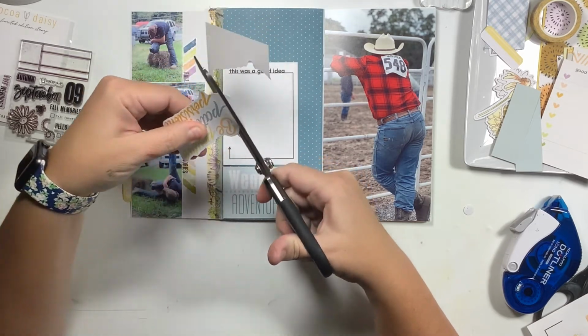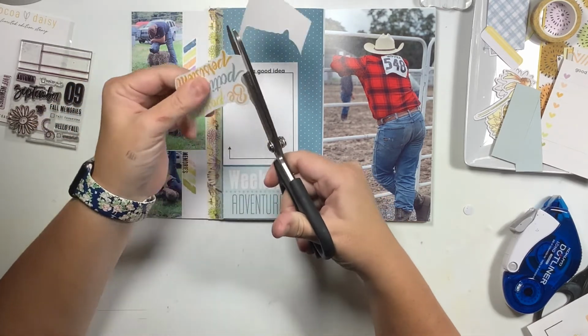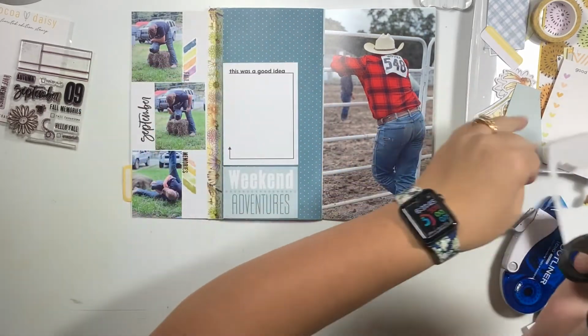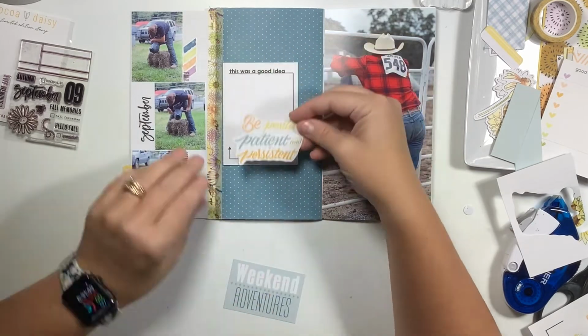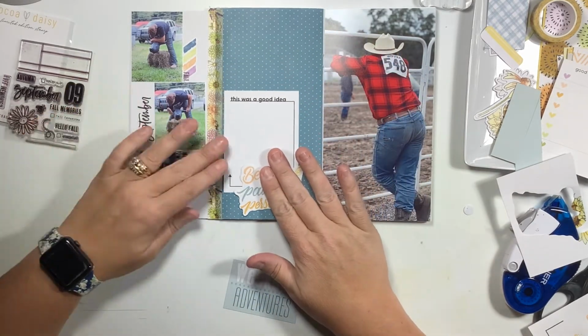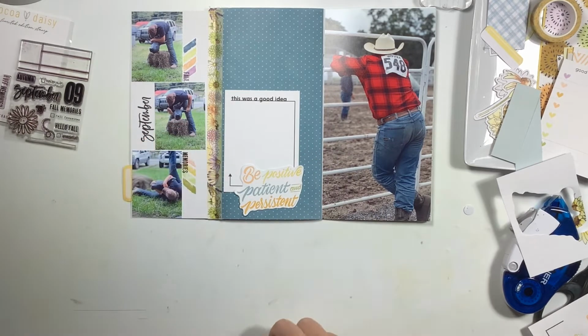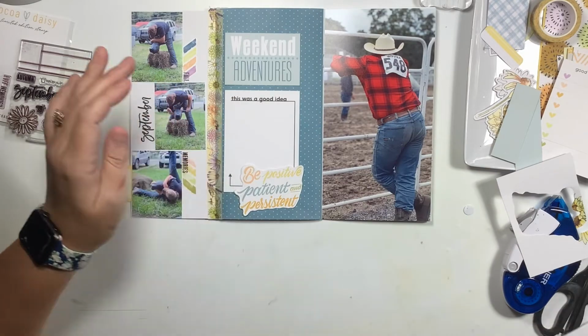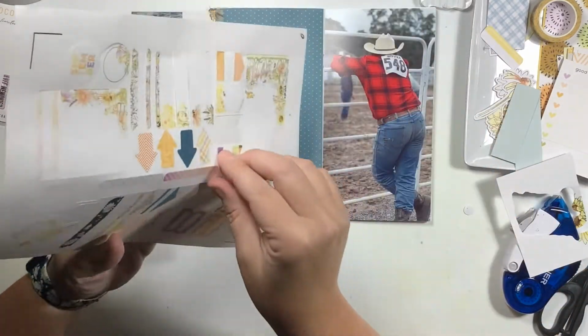So I do fussy cut this off of the white card, and I'm going to use this more or less as a subtitle. But I do switch this around and put that on the bottom, but I don't realize that it's not going to really fit right until I start to do this piece. And then I find that I liked it there, and then we're going to move the Weekend Adventures up to the top. Now, once I did this, I did find that the top up there was a little bit empty,